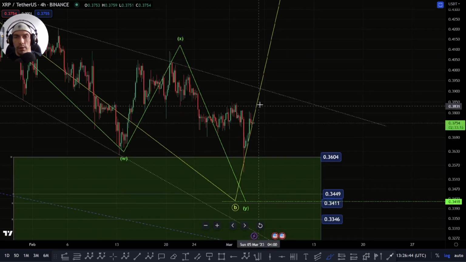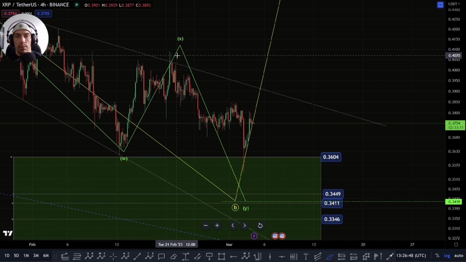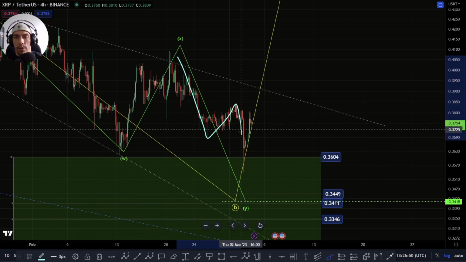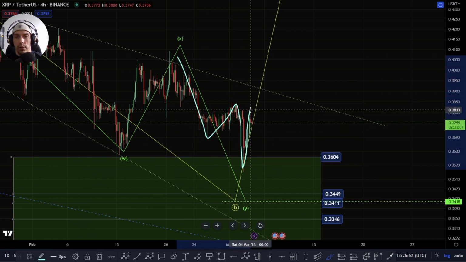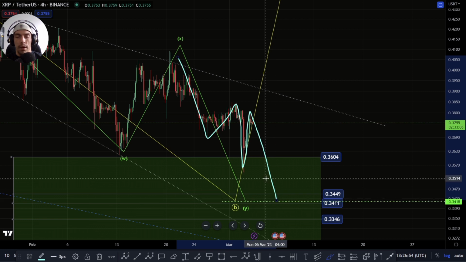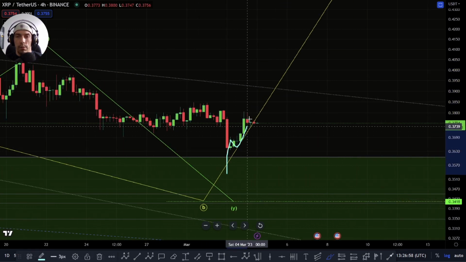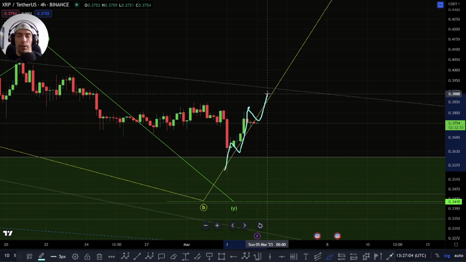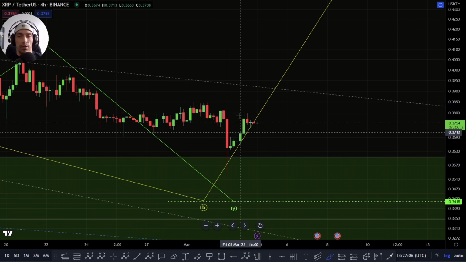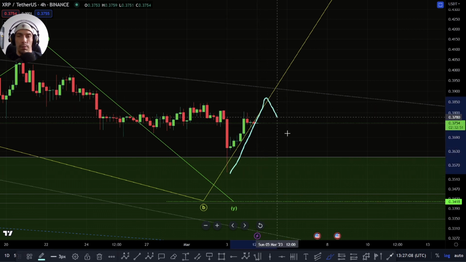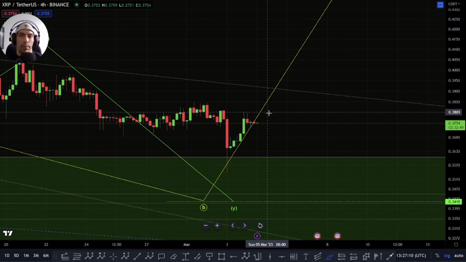There is also the possibility, for as long as we remain below this 38.47, that we could still have this as an A, a B, and then we are still within the Y wave, and we're going to form another leg to the downside. Because at the moment, all we have is a three wave move up here. So if we do get a move where we form an additional fourth and fifth here, and we take this high, then we can be arguing that we got that potential A, B, and then we're looking for that